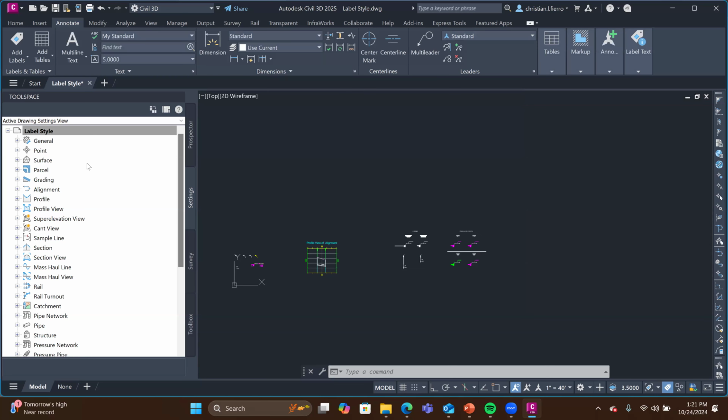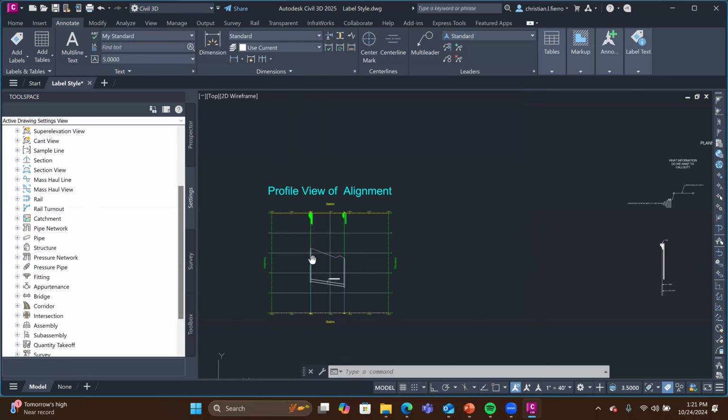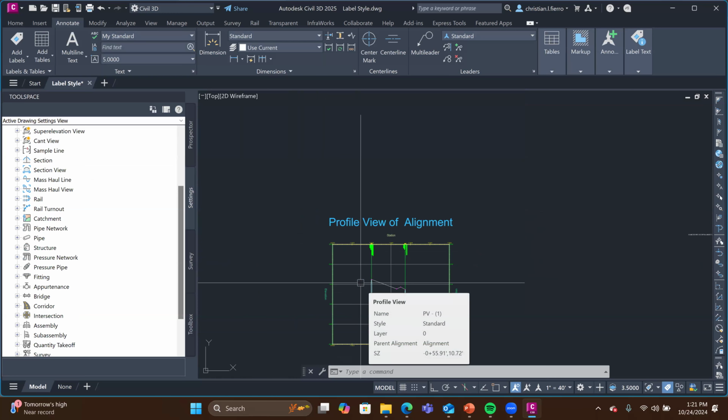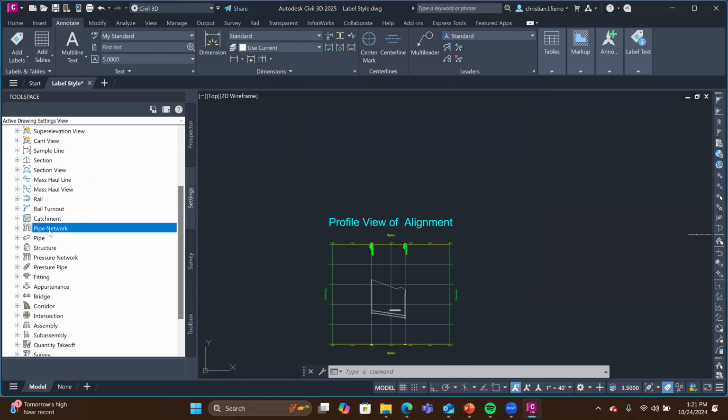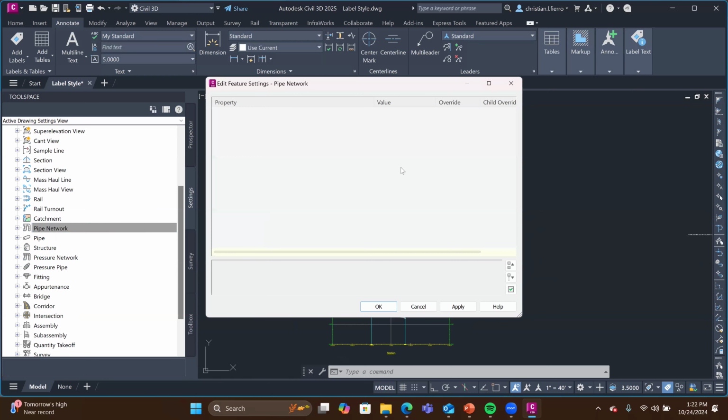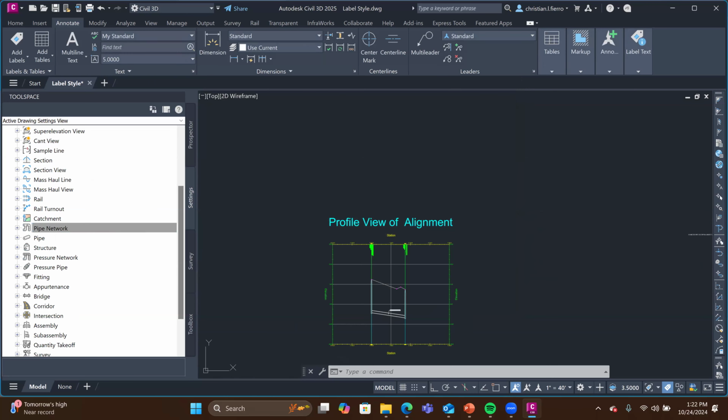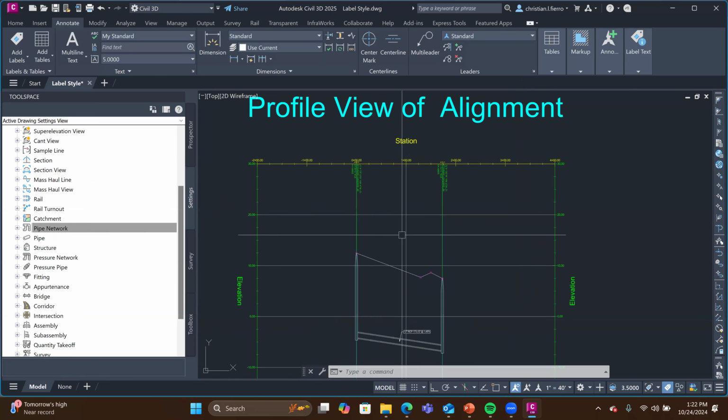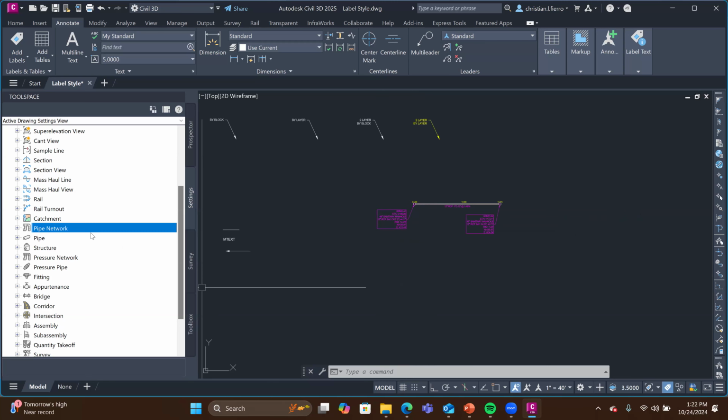Okay, now that's for the high level hierarchy. Now, once we go into different features, once we navigate to general, point, surface, and so on, for this example, we're going to be using pipe networks. I didn't make a realistic design, so I just put something together quickly so we can see the functionality for it. So navigating down to our pipe network, right click, and then do you see the edit feature settings, where it is in relation to the label or into the profile or in the plan view,